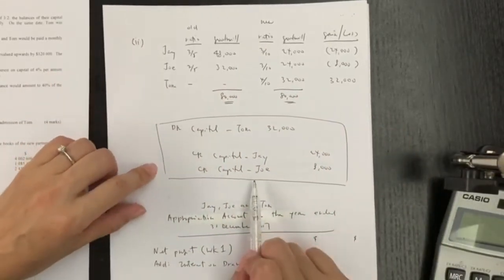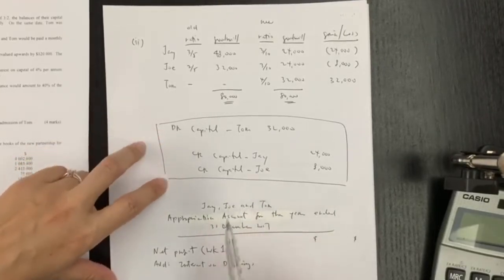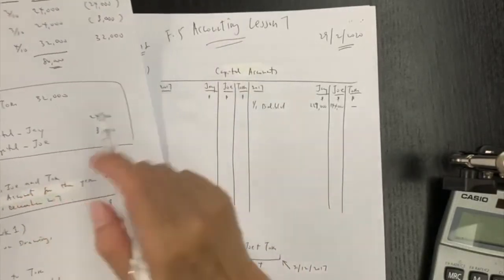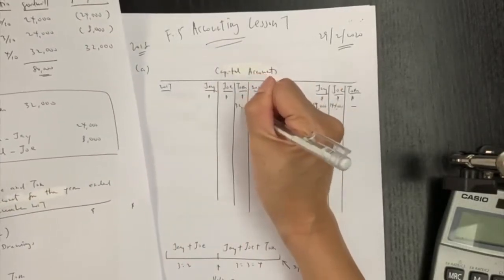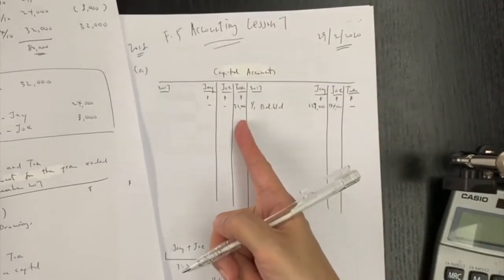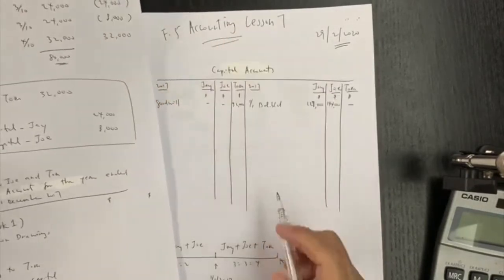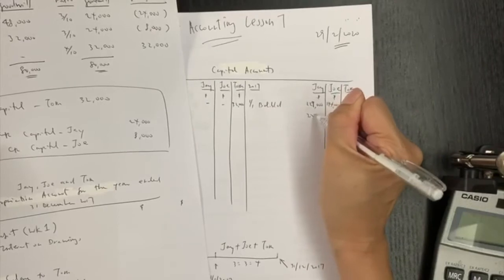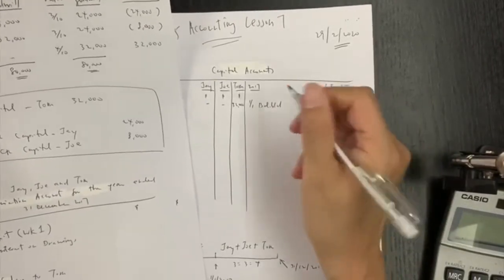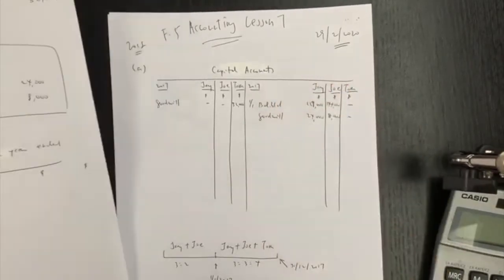We don't open goodwill accounts, and then we use capital account for all the adjustments. Okay, now let me do the posting. So debit Tom here 32,000. Okay, so we always debit the gain and credit the loss. Reason is goodwill adjustments, and then I need to credit J and credit Joe here, and also because of goodwill